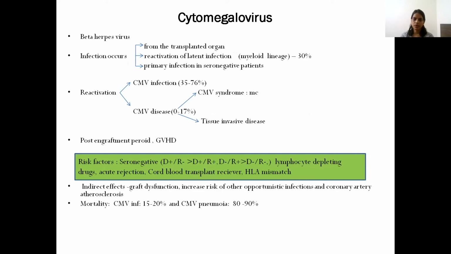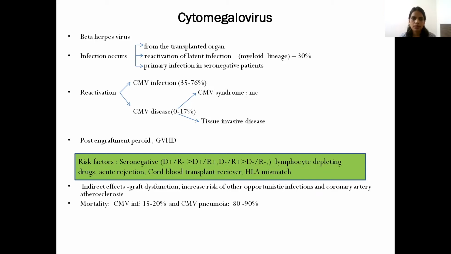Now we'll see some specific pathogens, the opportunistic pathogens. So first of all is the cytomegalovirus. Cytomegalovirus infection is a major cause of morbidity and mortality in the hematological patient, and more specifically in a post-stem cell transplant patient. So this is a ubiquitous beta herpes virus, which shows a period of latency after an initial infection. And that initial or primary infection, most of the time is asymptomatic, and in some cases it can be associated with flu-like symptoms and fever.